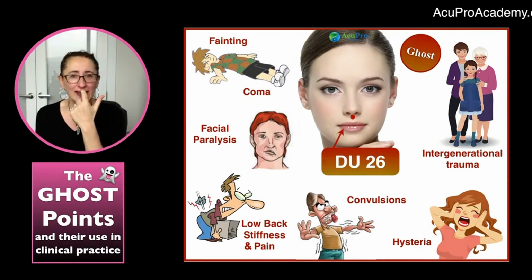Needling this point is quite sensitive, kind of like Du 25, right? Du 25 is at the tip of the nose. Yikes! Du 26 is a very, very good point for